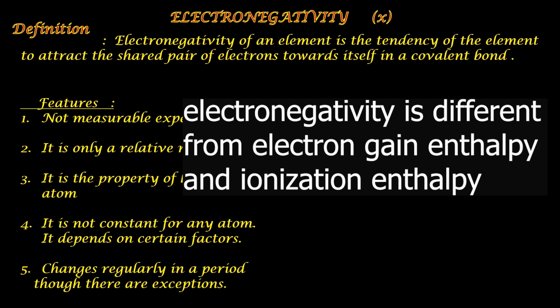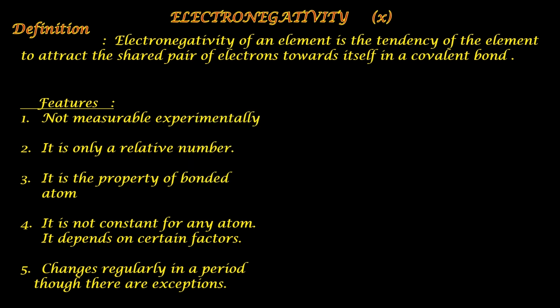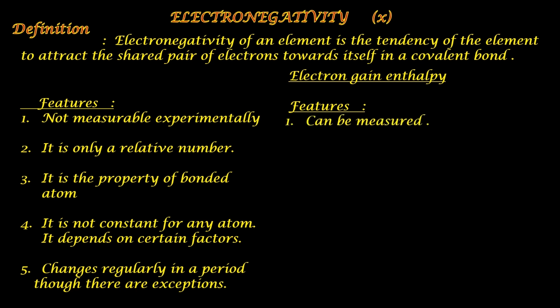Electronegativity is different from electron gain enthalpy and ionization enthalpy. We will just see a comparison between electronegativity and electron gain enthalpy. Corresponding features of electron gain enthalpy: electron gain enthalpy can be measured experimentally. Electronegativity cannot be measured. While electronegativity is a relative number, electron gain enthalpy is measured in the unit of kilojoules